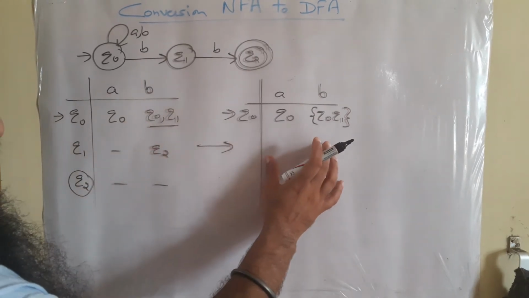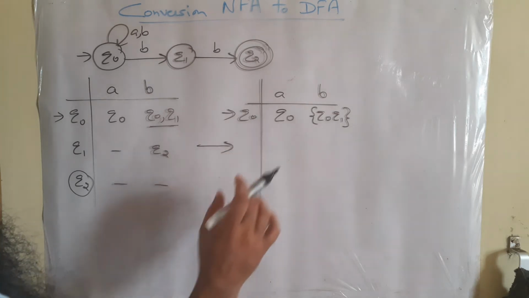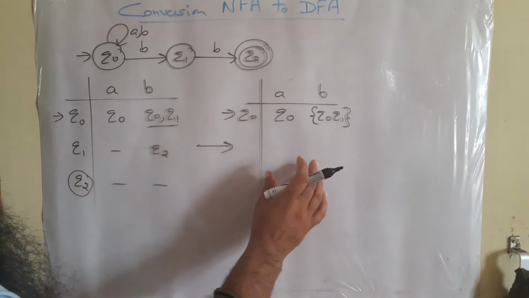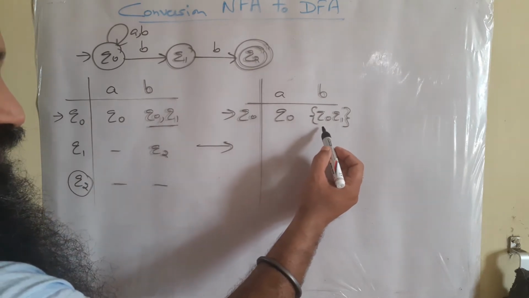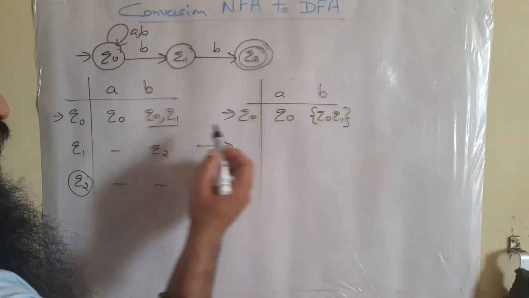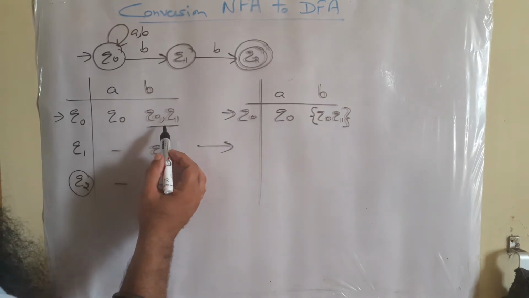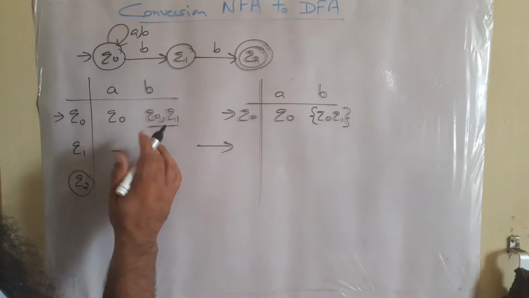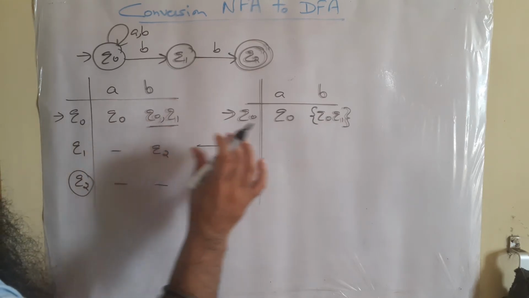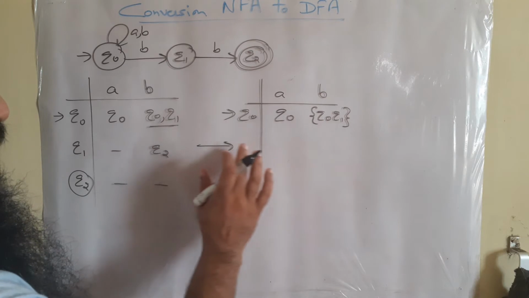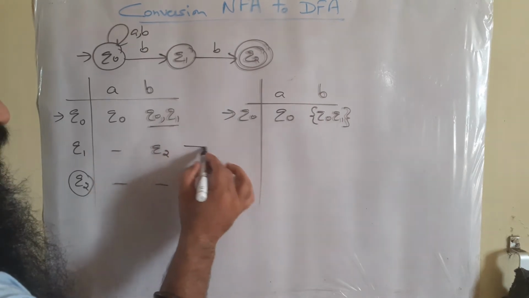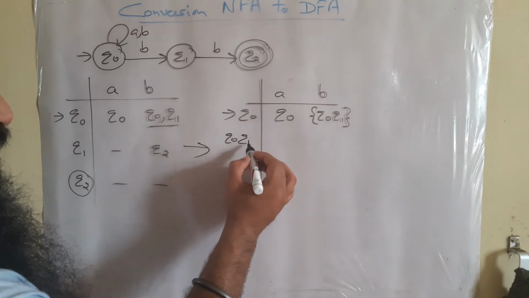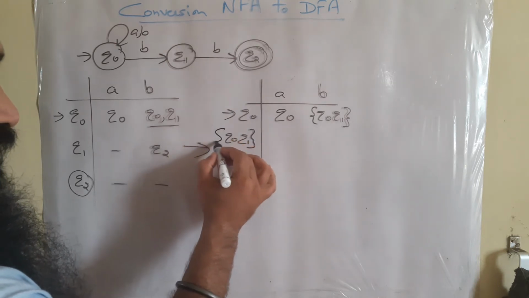This is going to be the transition table of DFA. So that's why we are creating another state, and we are not able to permit two outputs from the same symbol. It can only happen in NFA but cannot happen in DFA. So here, now another state arises, that is Q0 Q1.